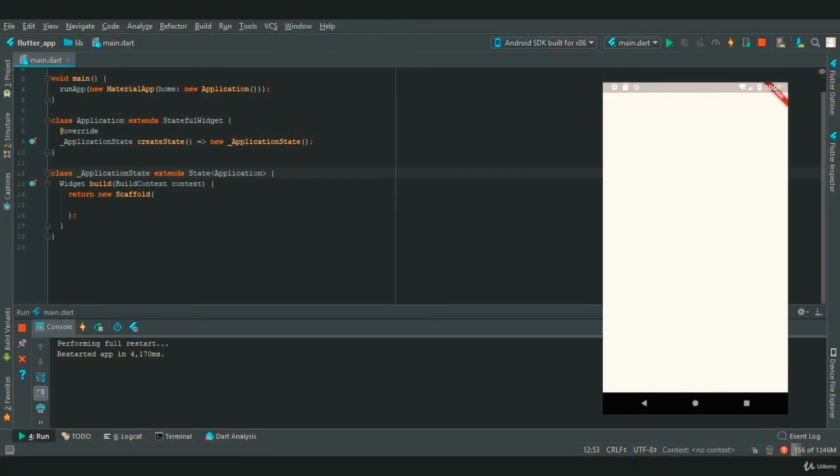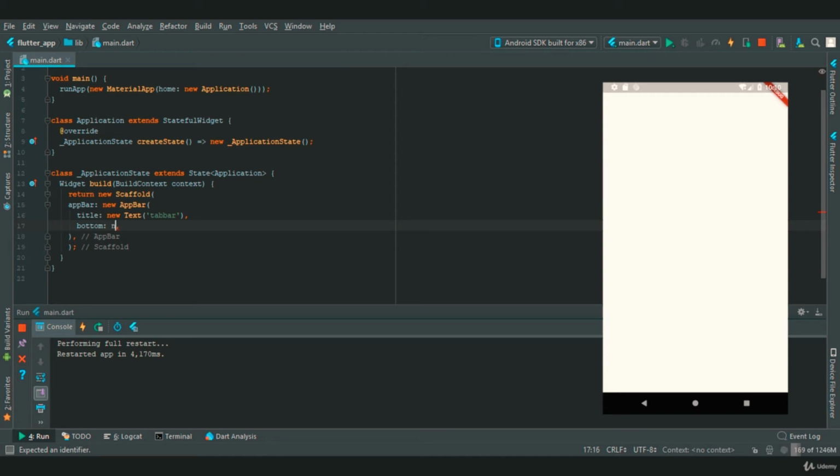So in Android Studio, as you can see, I have already created a scaffold. So in this scaffold, we are going to provide an app bar, and we are going to say new app bar widget, and in this app bar widget we are going to provide a title as tab bar, and then we are going to create bottom property which will help us to create a top tab bar.